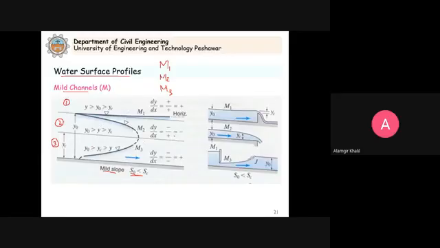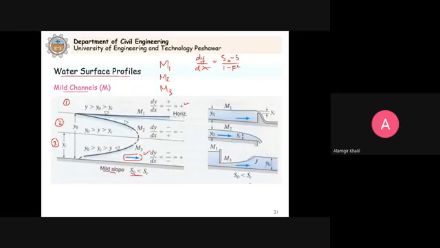In these figures, we only determine that these profiles will be increasing or decreasing in the direction of flow. This is the direction of flow. So we qualitatively apply the dynamic or differential equation of gradually varied flow to get the net sign. And this is coming from the numerator and the denominator. We already know that dy by dx is equal to S0 minus S